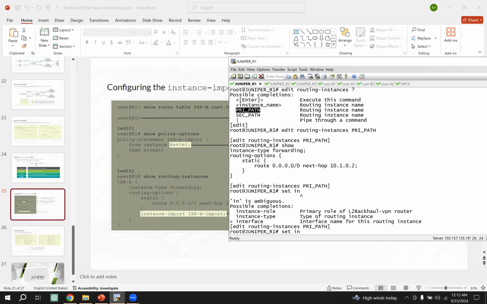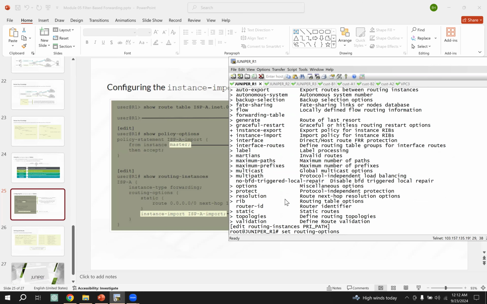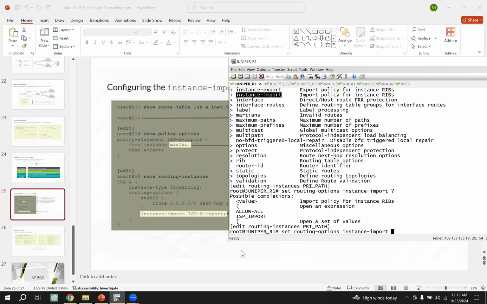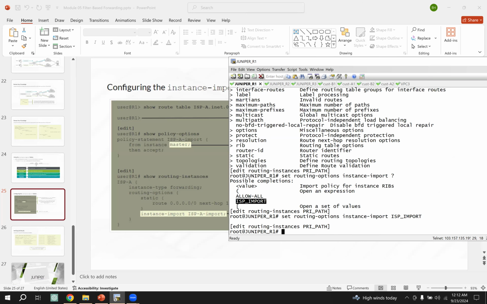Set here under routing options, instance import, and see here your policy is ISP import. So set this one